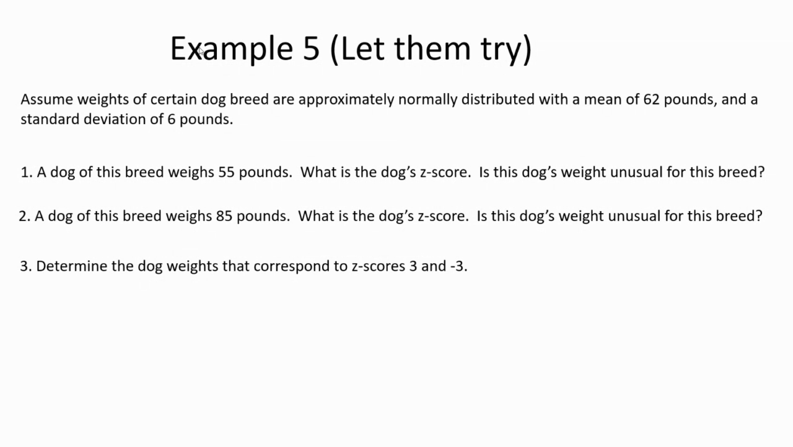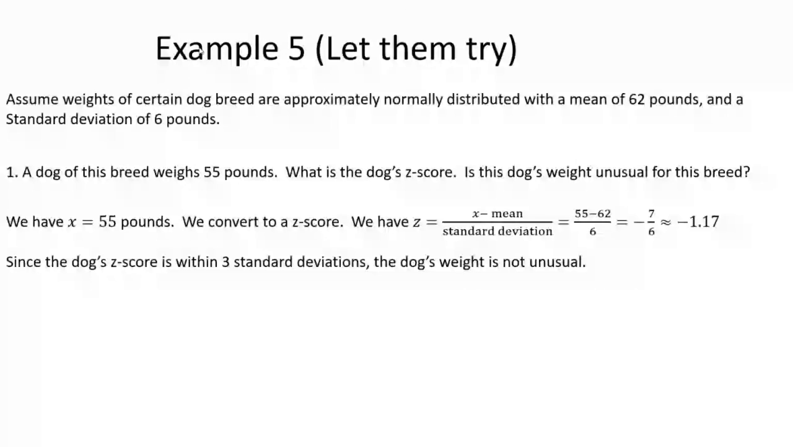Okay, so we're going to calculate some z-scores. For instance, let's say a dog weighs 55 pounds. What is the dog's z-score? And we can also determine, is this weight unusual? Well, for the dog here that weighs 55 pounds,